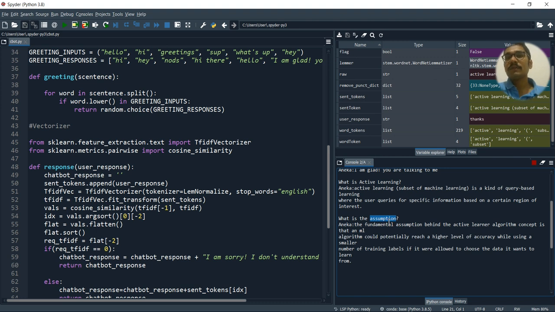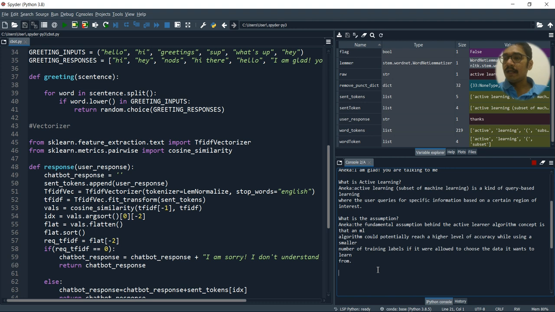Assumption is already present in my document. It will check whether it's present inside the document and whether the given token matches. If a similarity is found, then it will execute all of these things. That's how this works. And whatever is there till the full stop, it will print with all the commas and full stops, everything. So this is the result of that.